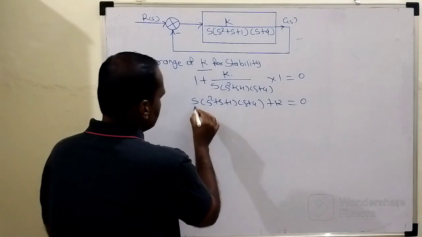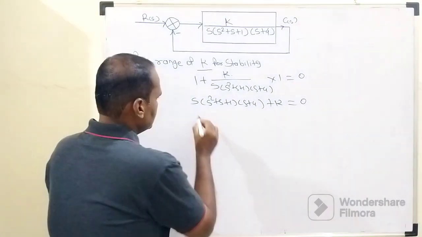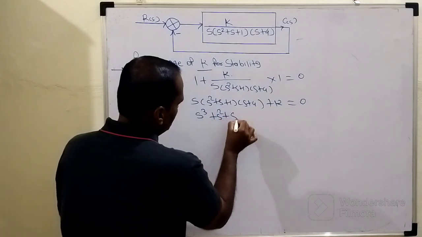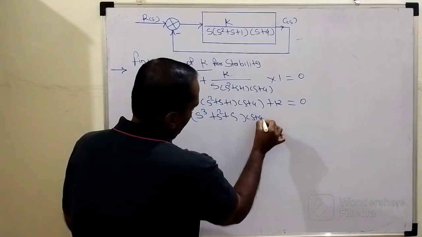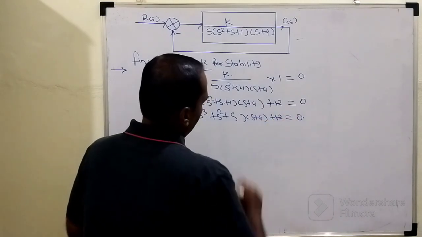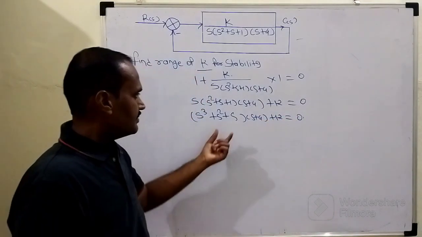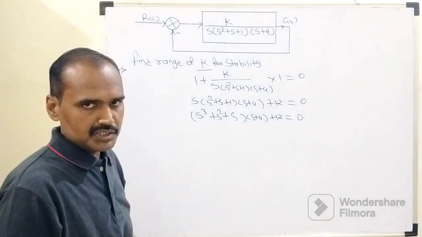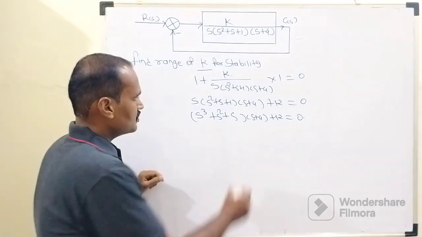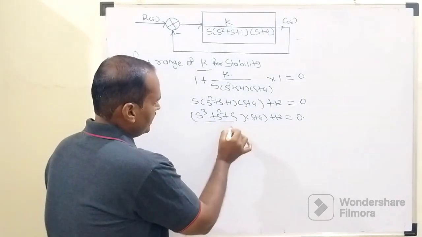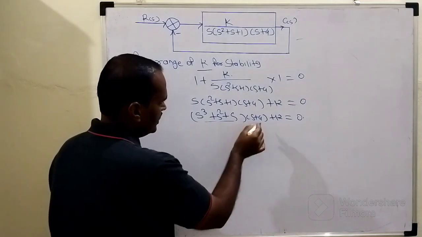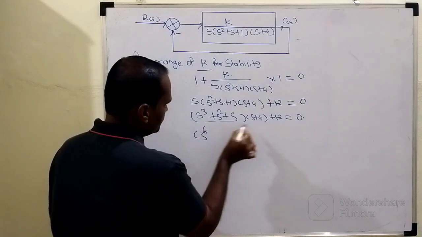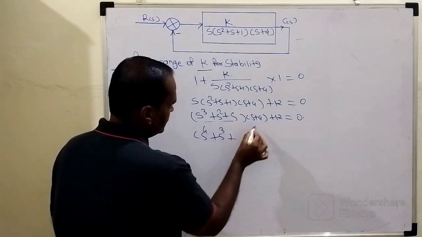Then after that, this s will get multiplied within this parenthesis. So it will become s raised to 3 plus s raised to 2 plus s into s plus 4 plus k equals 0, right? Then as we have these two parentheses being multiplied with each other, there will be term by term multiplication. Initially this s will get multiplied with this whole parenthesis, and after that 4 will get multiplied with this whole parenthesis. As a result, we get s raised to 4 plus s raised to 3